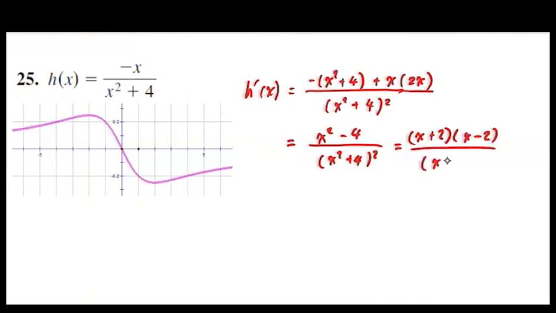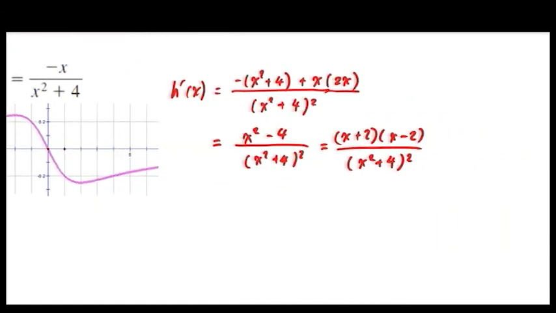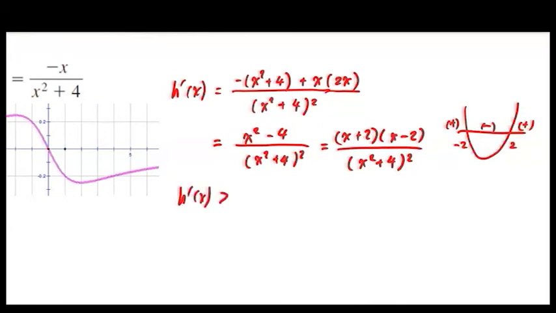Too much algebra? And once again, denominator is always positive, right? That common denominator theme is pretty good. So that numerator alone is our parabola now, isn't it? So it's negative right here, is positive here, right? That was quick. So we can say h prime of x is positive, meaning increasing